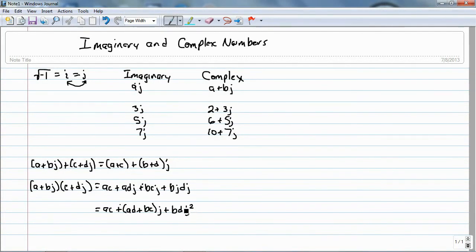So now I've got to figure out what to do with this J squared. Well, let's look at the different powers of J. J to the 0, well, anything to the 0 is 1. J to the first is just J. J squared,